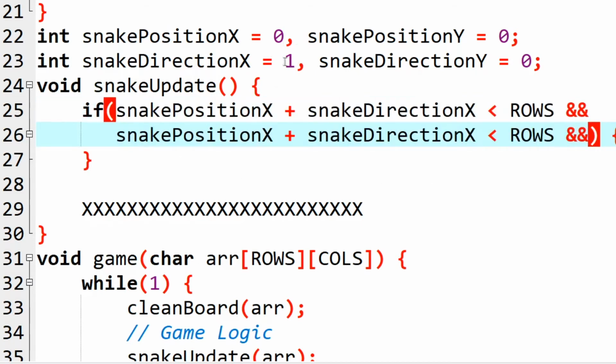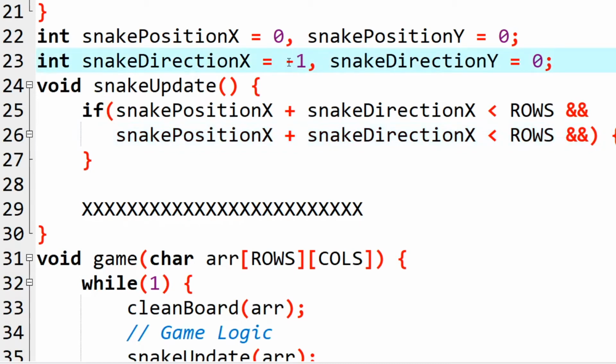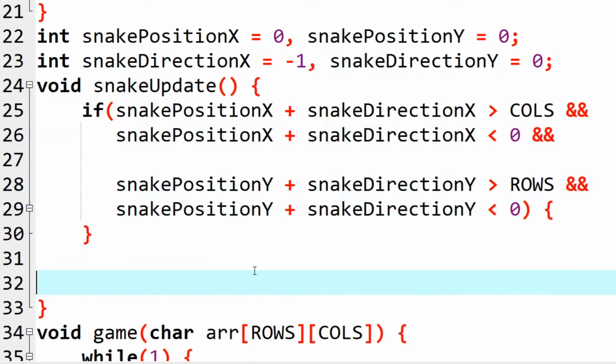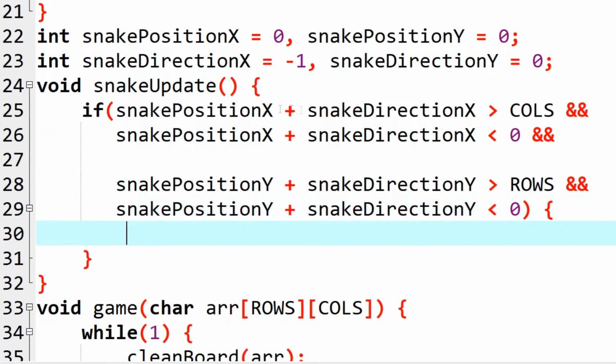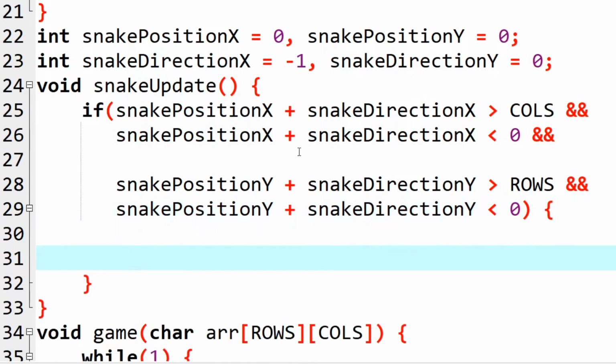So if the snake is moving in the left direction, I can make it -1. -1 will make it move in the left direction, and if it is moving in the left direction, it should not go, and I can do the same code for y. So if all of this is true, I should move it.